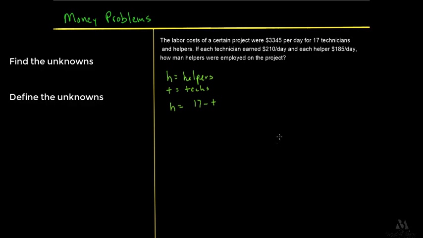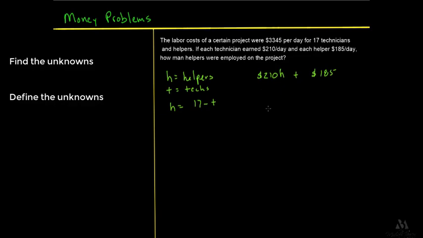What else do I know? I know my techs get $210 a day, and helpers get $185 a day. Okay, so 210 times my helpers plus,